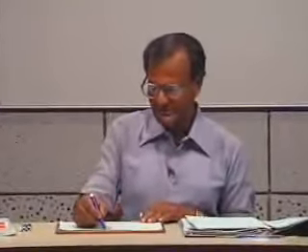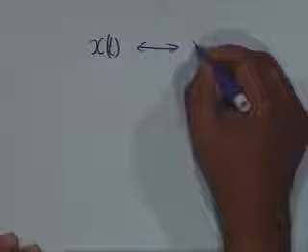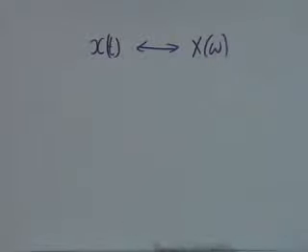This is the 13th lecture on Fourier transform of periodic functions and Fourier transform properties. We had last time introduced the Fourier transform, that if there is a function x of t which is Fourier transformable to X of omega,